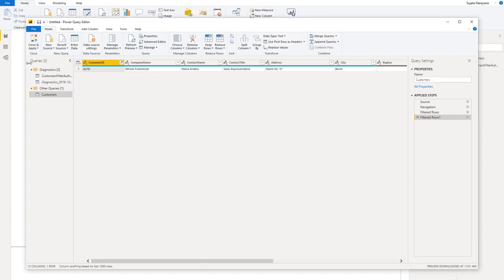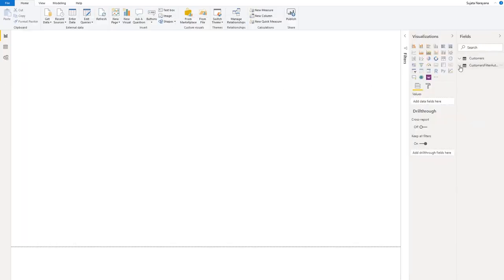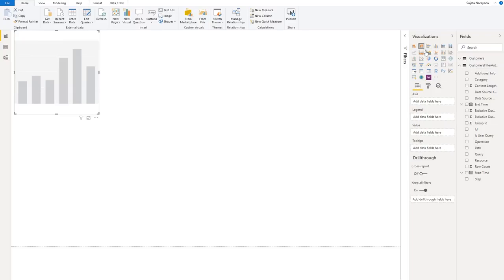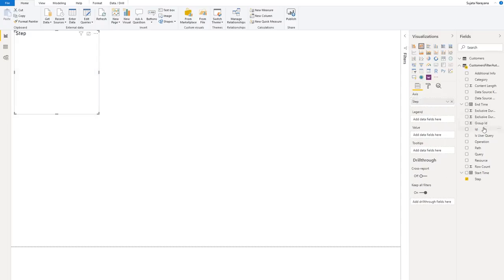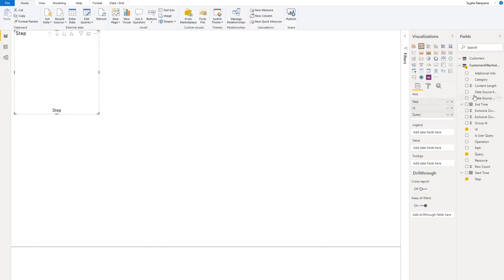So there's a lot of different ways that you can look at these traces. I have my own preferred way to look at the data, which I'll show you how I set up, but you can do whatever works best for you. So I'm going to get started by pulling up a stacked column chart. And in this stacked column chart, I'm going to put in my step, my ID, and my query. Now, it's only going to show the step as the primary thing, but I like to move it around when I'm playing with and examining exactly how the data is handled, like the different categories. I'm going to put the exclusive duration in,